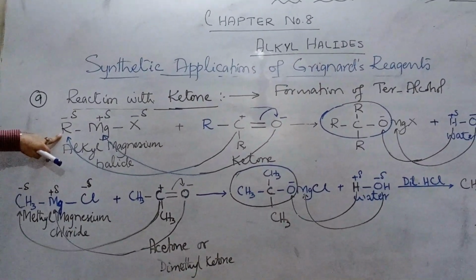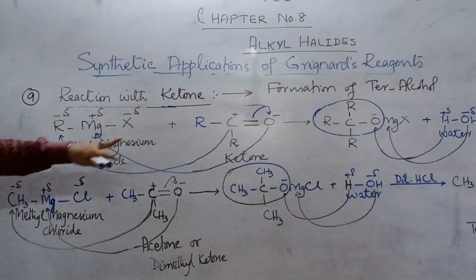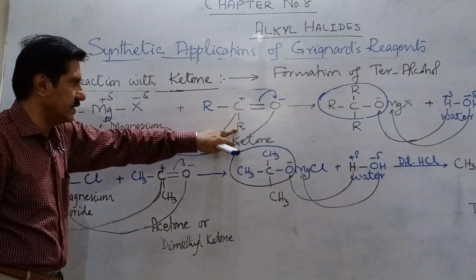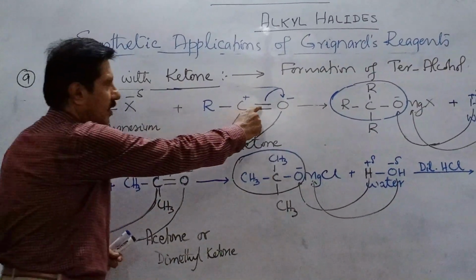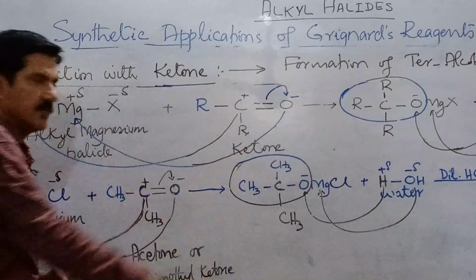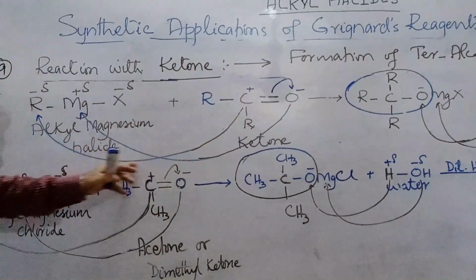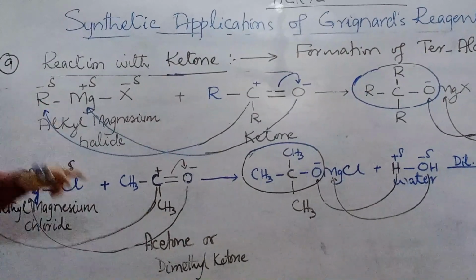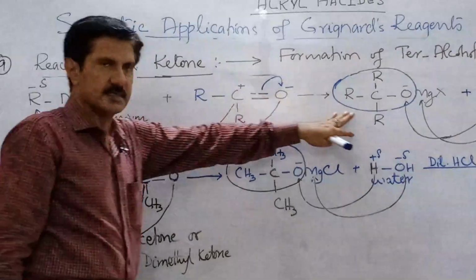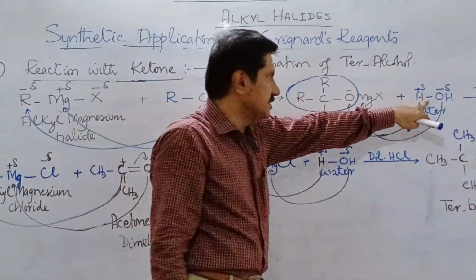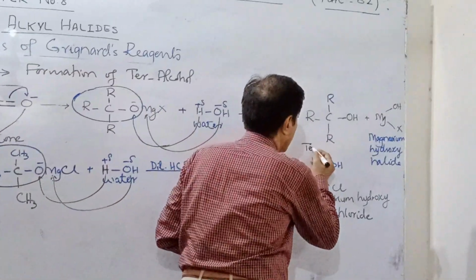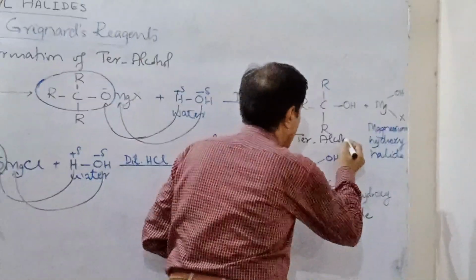This is the general representation of Grignard's reagent, RMgX, alkyl magnesium halide. This is the general representation of a ketone molecule, RCR double bond O. This double bonded electron pair will be shifted to the oxygen atom, making it negatively charged. Carbon becomes positively charged. This positively charged carbon will be attached to this alkyl radical, while negatively charged oxygen will be attached to this magnesium atom. As a result, the intermediate product will be obtained, which is then reacted with water to give tertiary alcohol here,